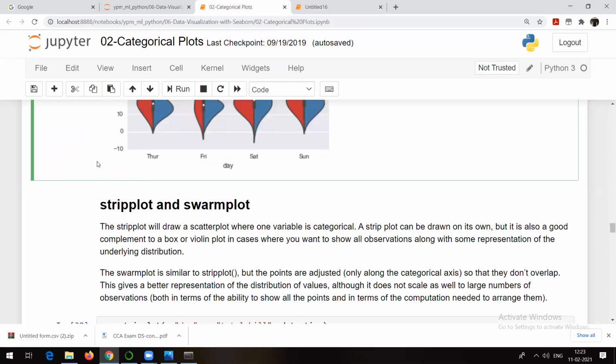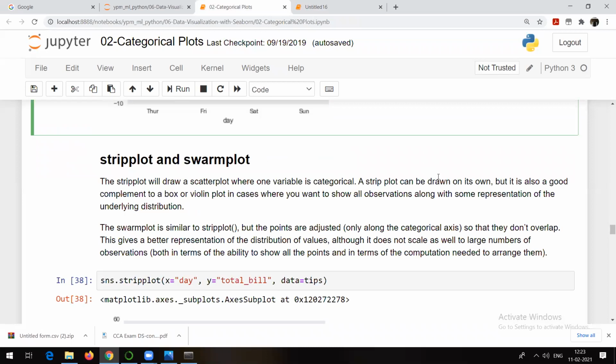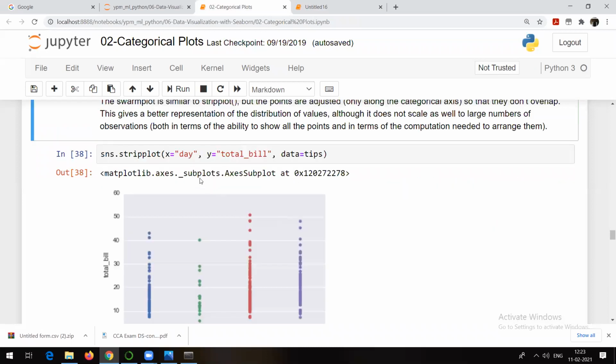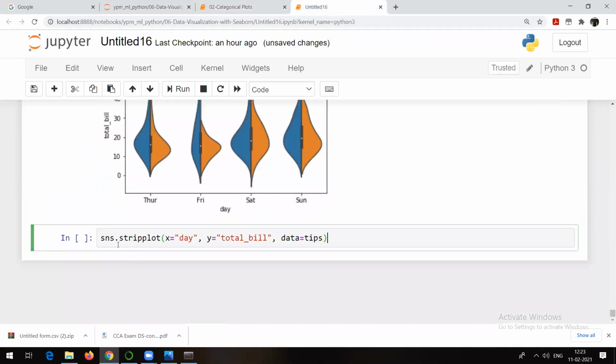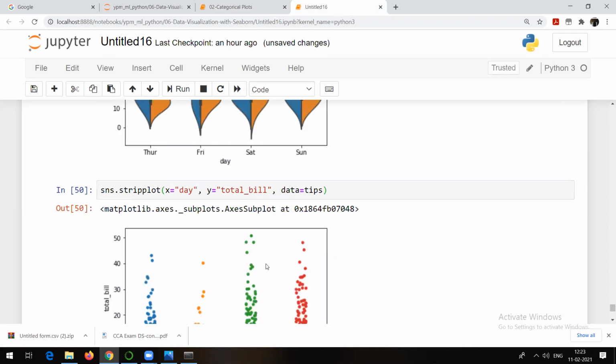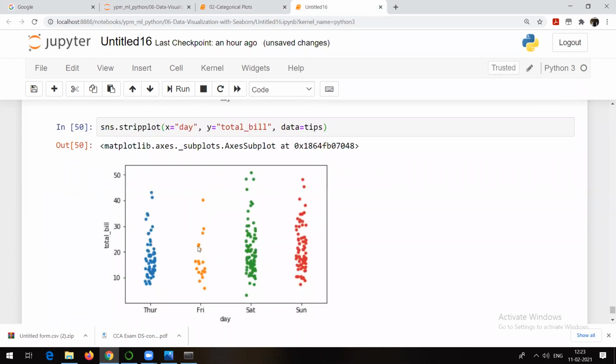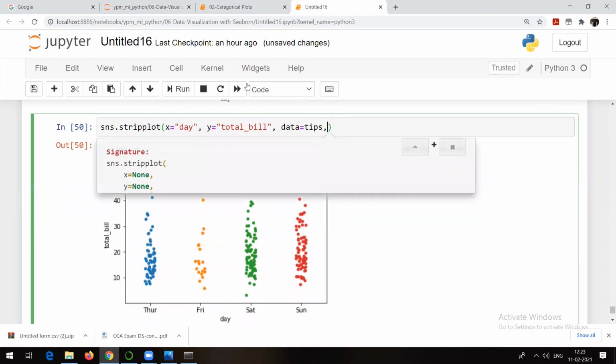That is the thing about strip plot and swarm plot. Again, whatever strip plot and swarm plot can show, that particular thing can be shown with the help of plots and scatter plot. But whenever we talk about strip plot and swarm plot, they are nothing but scatter plot only. Let me show you. See, for example, this one. sns.stripplot between day and total bill. Okay, so you will get a scatter plot only, but that scatter plot will be like this. Now, why am I able to see this kind of a scatter plot here? So I just need to change the parameter here.